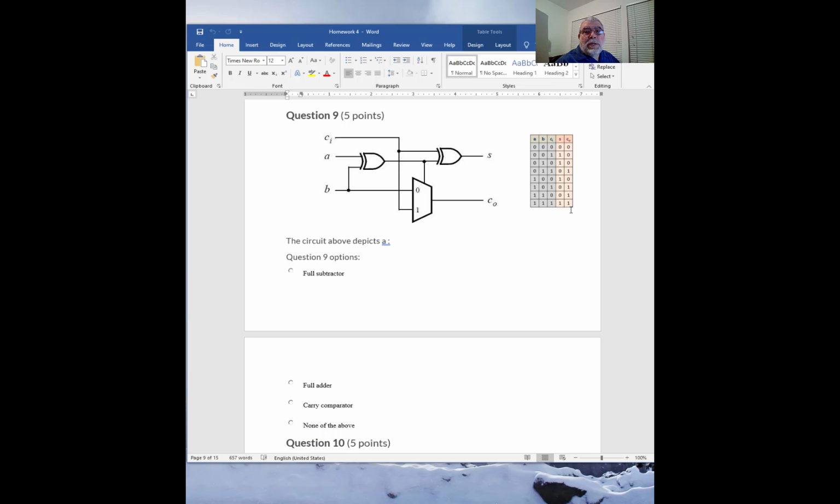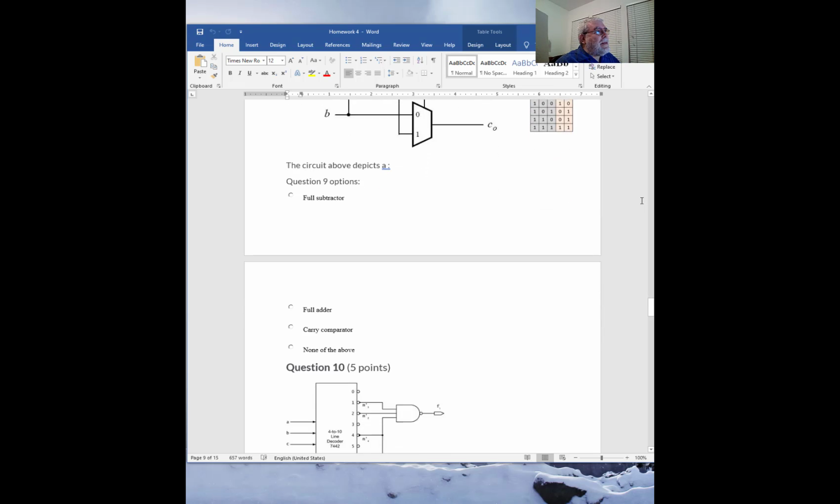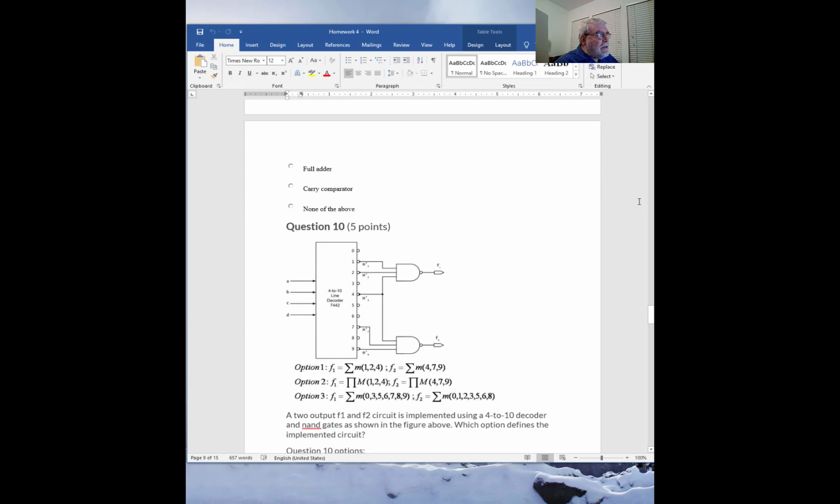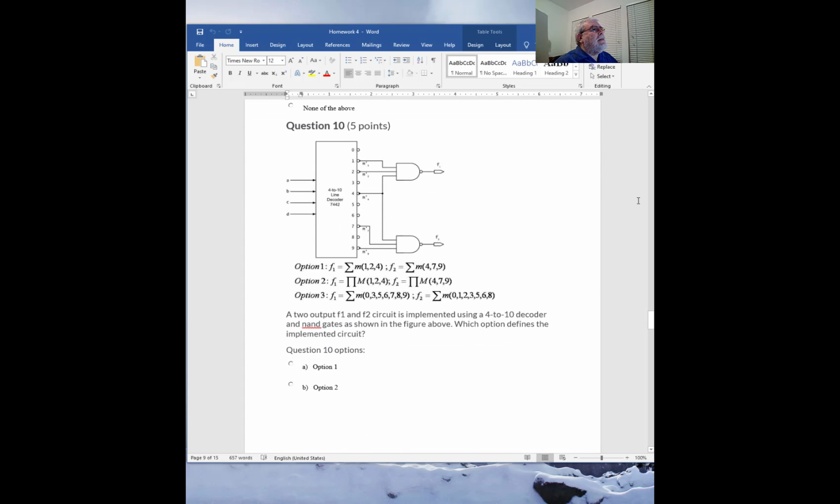What do you think the next question is about? It's not the multiplexer. The cousin of the multiplexer is the decoder, and we have done a lot of examples with this. So see that we have a 4 to 10 line decoder. That means that we have 4 inputs, and then we have all 10